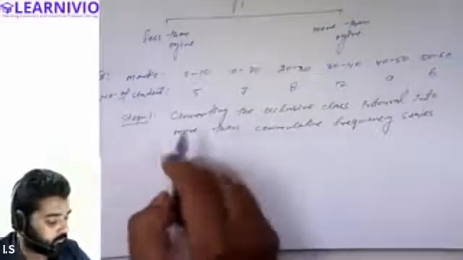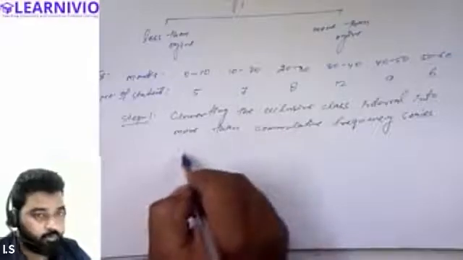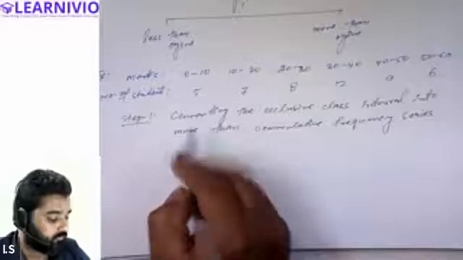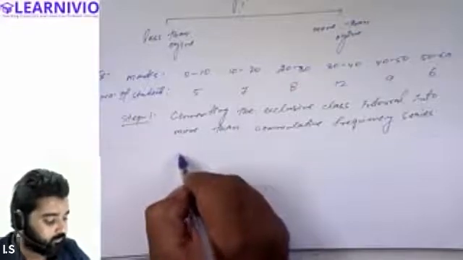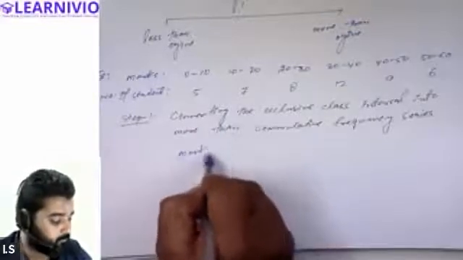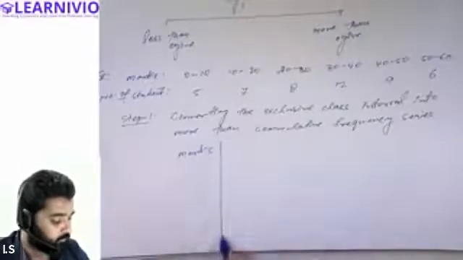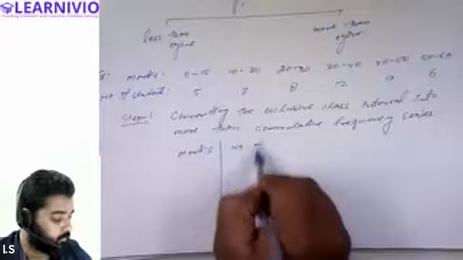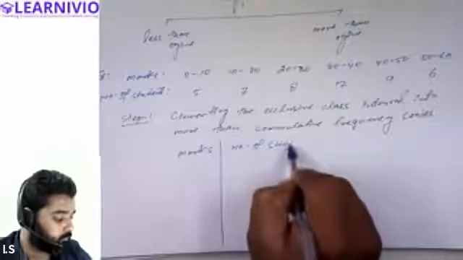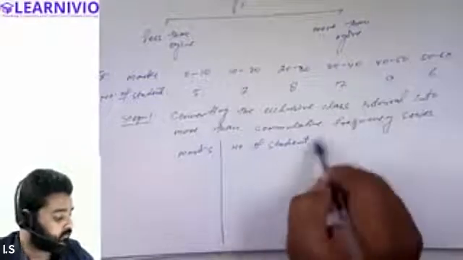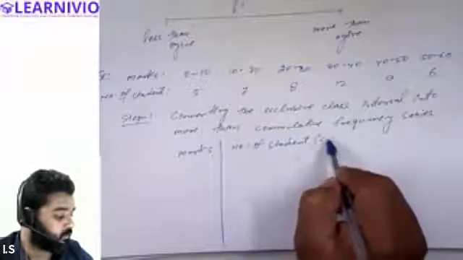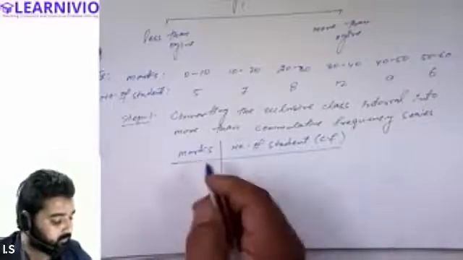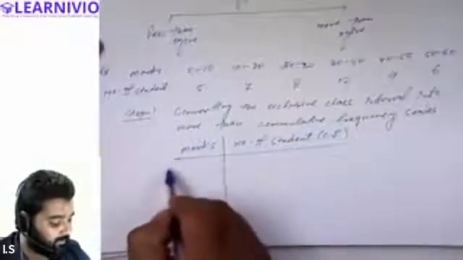And how we will be doing that, just pay attention. We will first of all write the marks and the number of students. So we will be writing the number of students in the cumulative frequency order. Okay, so first of all, we will start with the less than 10,